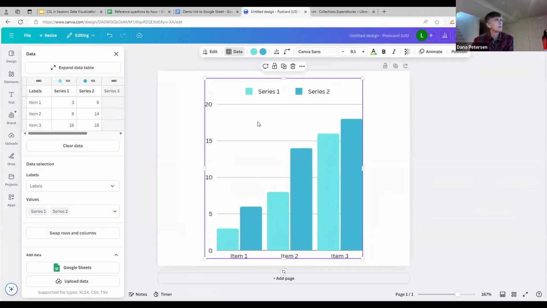So we've got some data. You can enter your data by hand right here if you want to. But why would we do that? We've got a beautiful data set, right? So let's bring that data set in. We've got a couple of ways to do it. Google Sheets, or you can upload your data. And that upload can be an Excel, a CSV or a TSV. I had to remember what that was, tab separated files instead of comma separated.